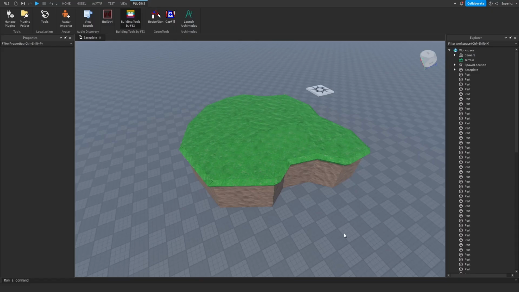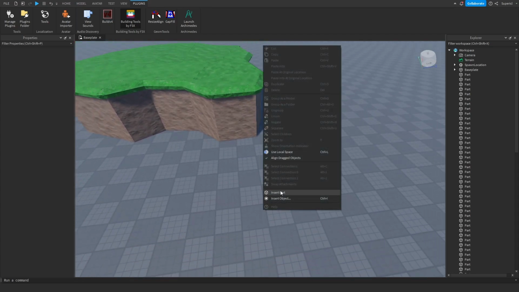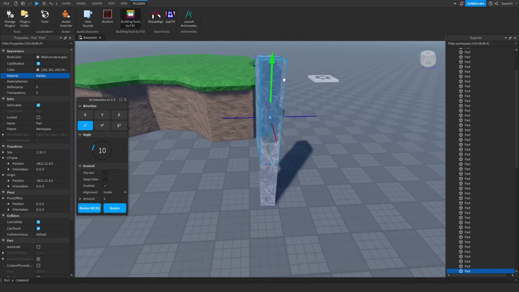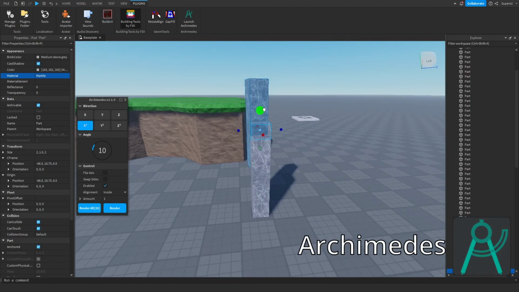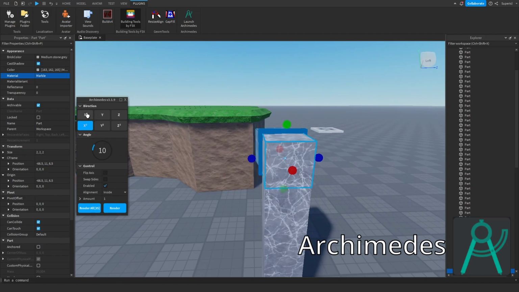I think that this grassland is missing something. But what? I think an arch is exactly what we need here. Let's insert a part, size the height, and then duplicate the part once you're happy. Put the new part on top of the old one and vertically size it smaller. Open up the Archimedes plugin. Now you'll see that a part seemingly attached to the base part is the next part which will be rendered,